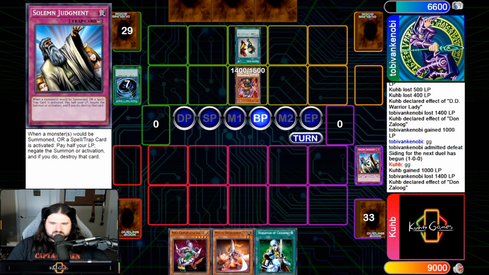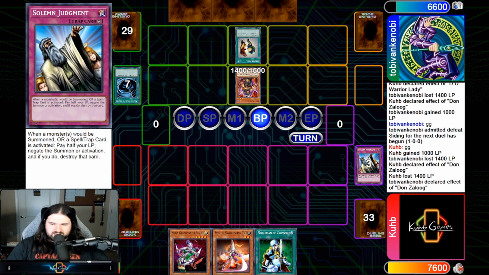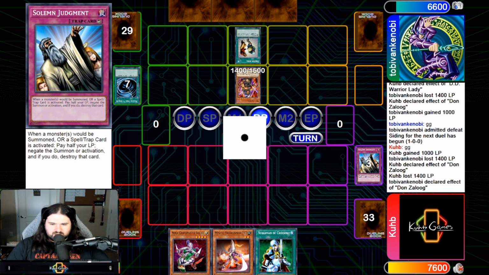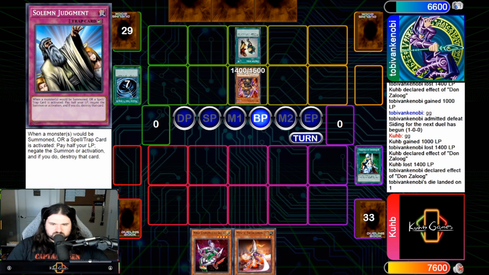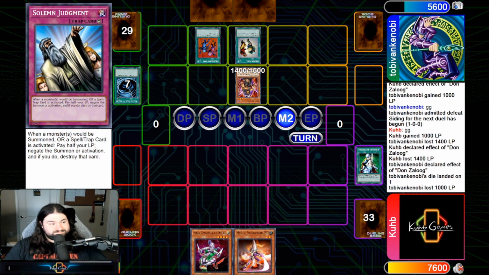So we take 1,400. We're kind of just trading Dawn hits this whole match, which is pretty sweet. Lose 1,400. Really hoping they hit the Nobleman or the Mystic Swordsman here. They roll a die, and they take the Nobleman, which is fine with me. Nobleman's not doing anything on this board. Really, the only card I wanted to keep here is the Sasuke, so that we can clear this Donzalug off the board. And then...